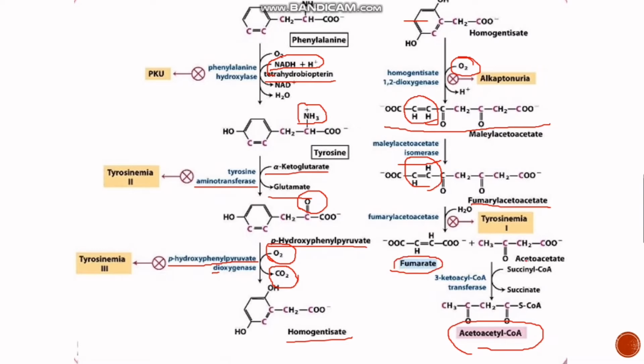Then this acetoacetate, with the help of the enzyme 3-ketoacyl-CoA transferase. So as the name indicates, it will transfer the CoA group from succinyl CoA. It will transfer the acetyl group. It will transfer the CoA group from acetoacetate to the